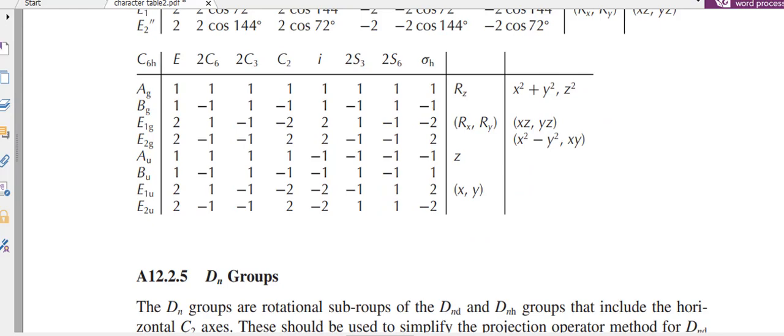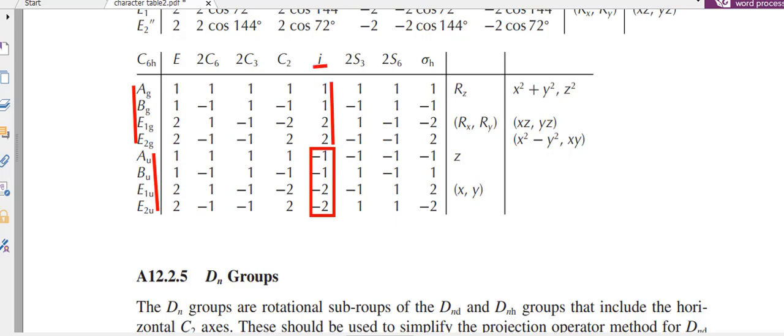Similarly, if you go to some other group, say this group, from here to here you find I positive values. For that you use the suffix G. The remaining values are negative values, and for this you will find the suffix U. This is with regard to I, the center of symmetry.